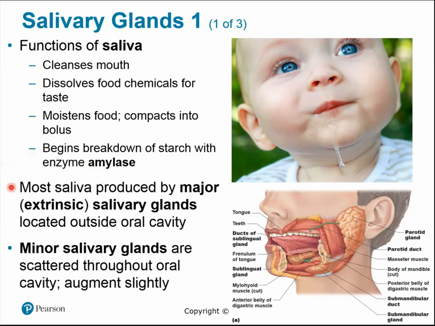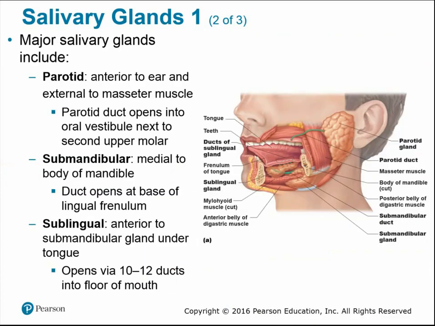Most saliva is produced by the major salivary glands outside the oral cavity. There are a couple of minor ones within the oral cavity, but we're going to focus primarily on the major salivary glands. The major salivary glands include the parotid